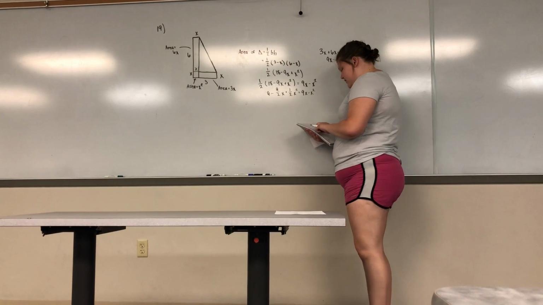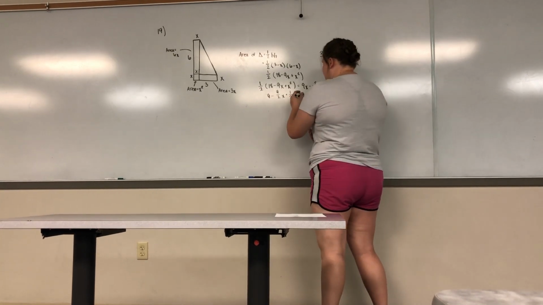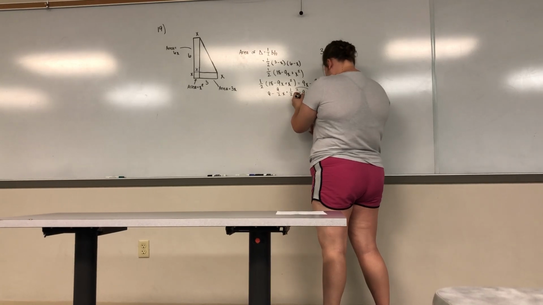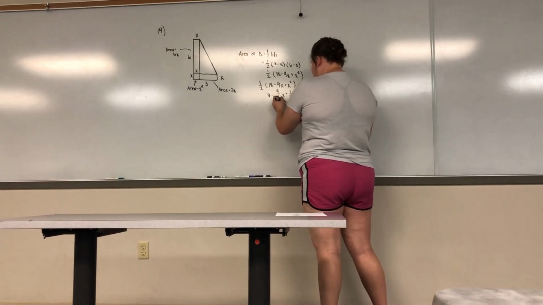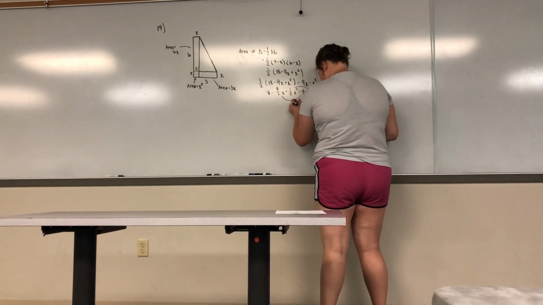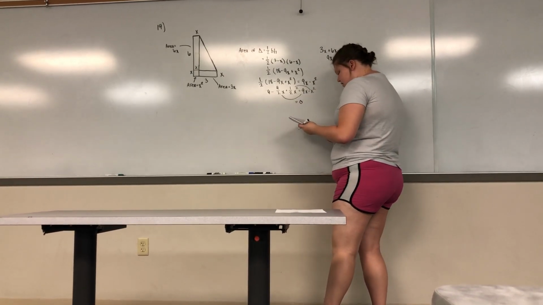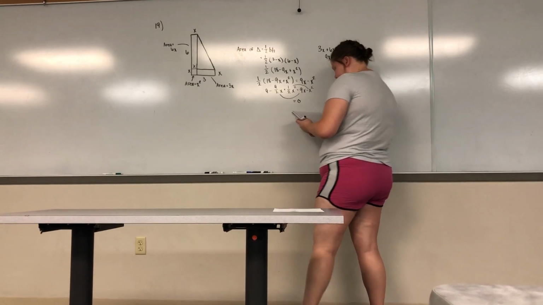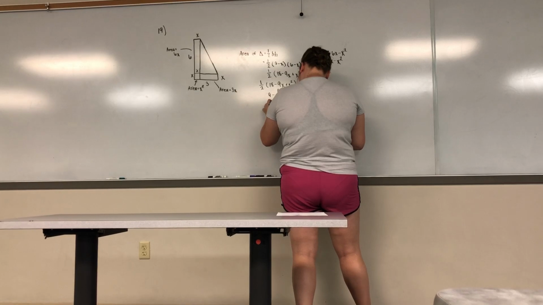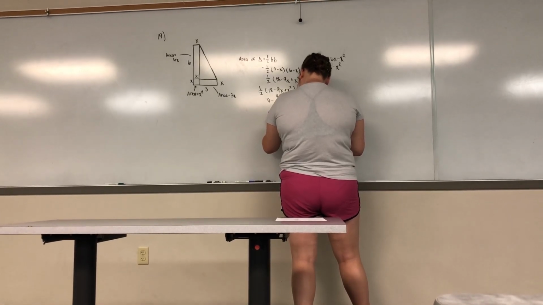So what we're going to have to do is take the x squared over, and then we can also take the 9x over because we want this to equal 0. And then we will end up getting 9 minus 3/2 x squared